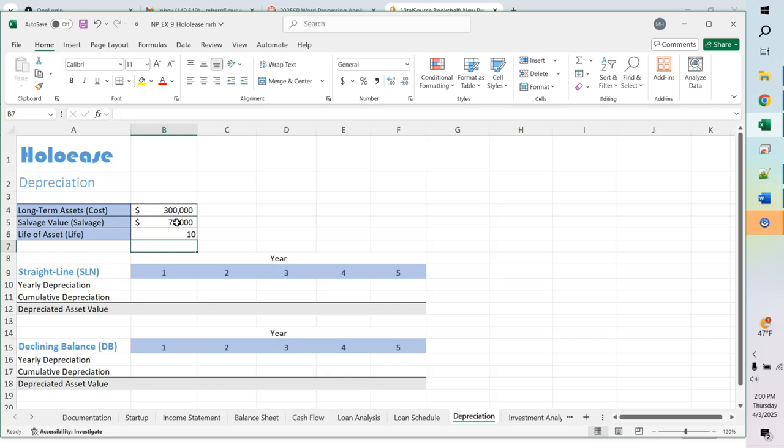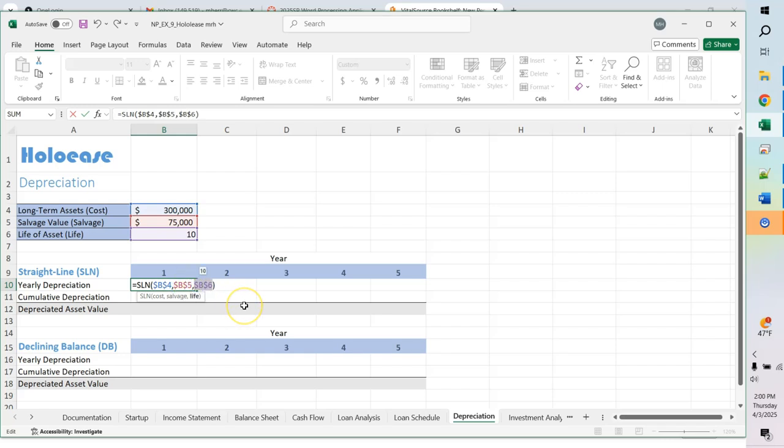Okay, so in cell B10, go to cell B10. We're going to type equals SLN, and this is B4, B5, B6. I'll close that up, and I need to make these absolute cell references. Again, I'm using the F4 key on my keyboard. Back to working now. And when I press enter, it should come up with